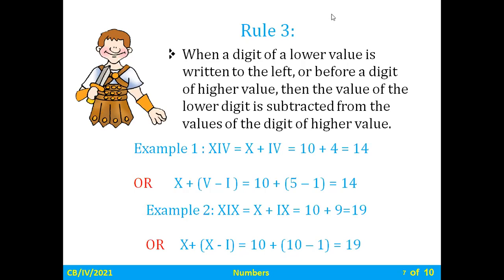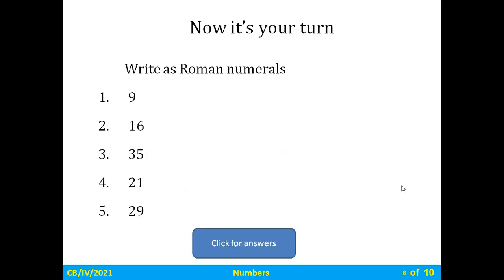If this rule is clear to you, please give me a thumbs up, because these questions might be asked to you in true or false or objective questions. Now it's your turn to write these Hindu Arabic numerals as Roman numerals. Come on. I'll take a 2 minute pause, and please write down, note down and tell me what you are going to write for these Hindu-Arabic numbers. How are you going to write these Hindu-Arabic numerals as Roman numerals? Come on.